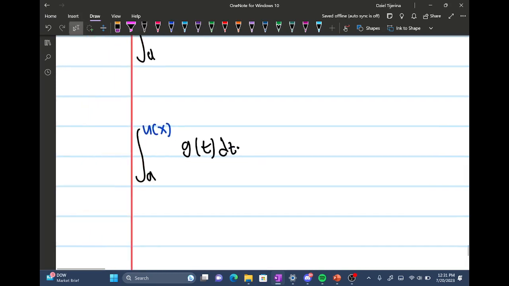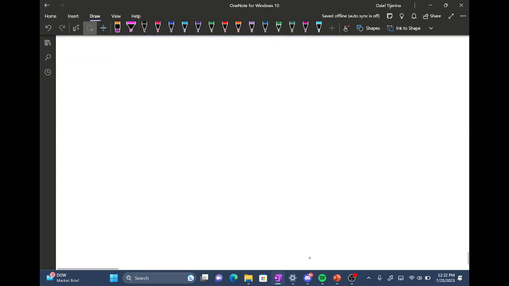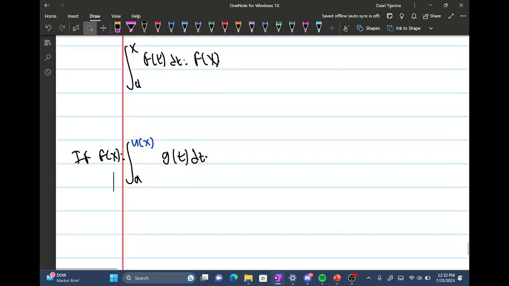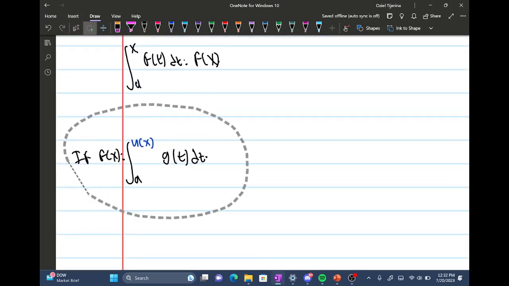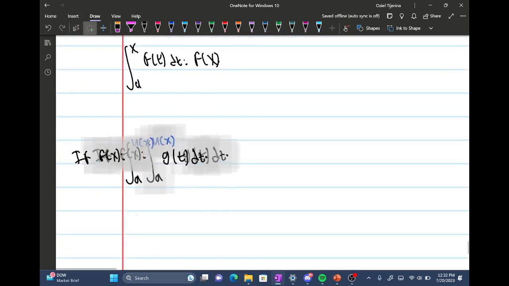If f of x equals the integral from a to u of x of g of t dt, then